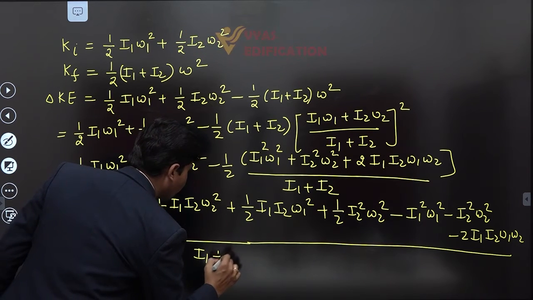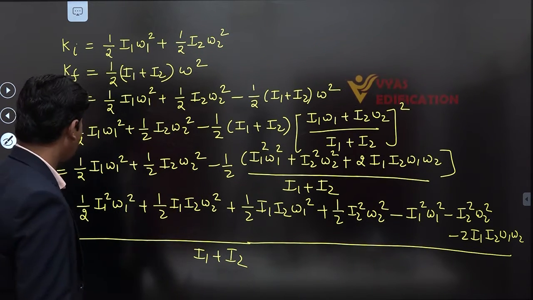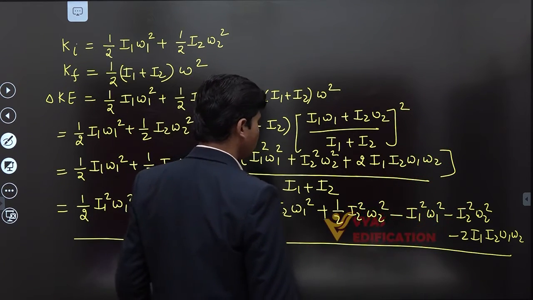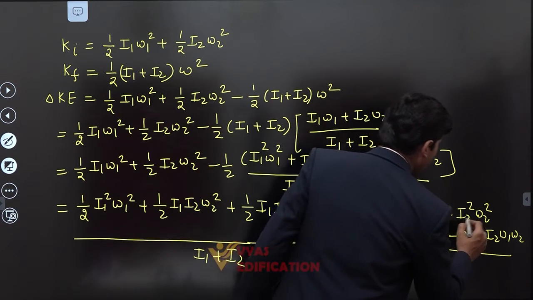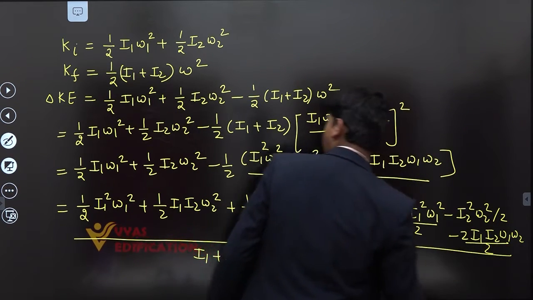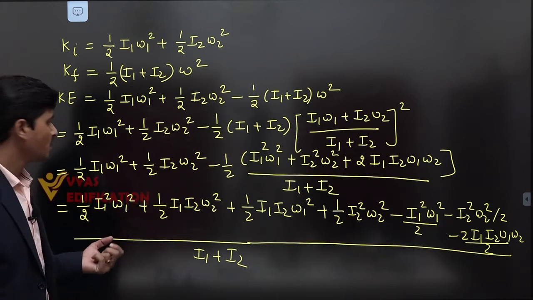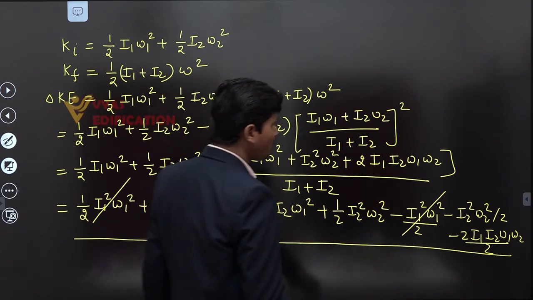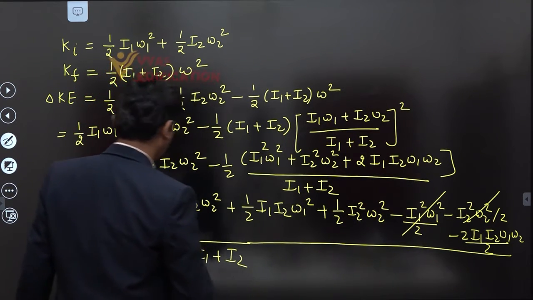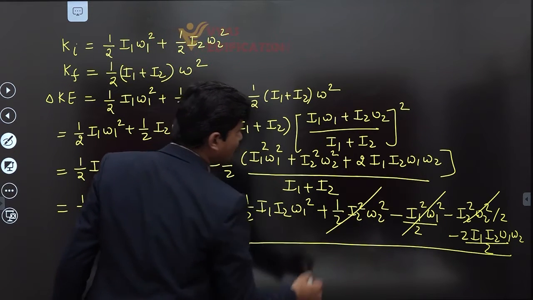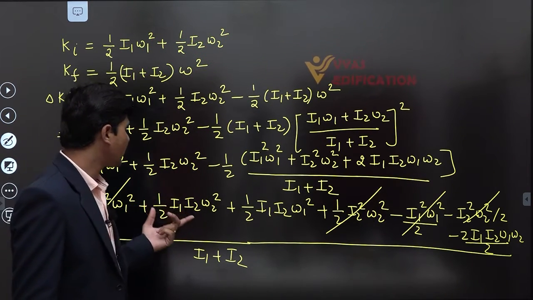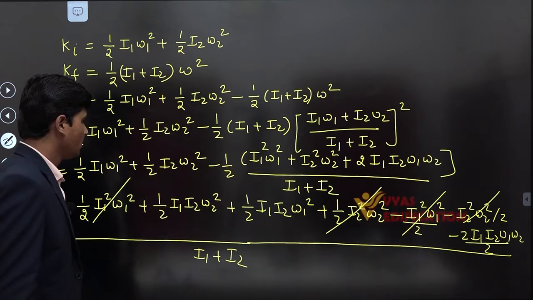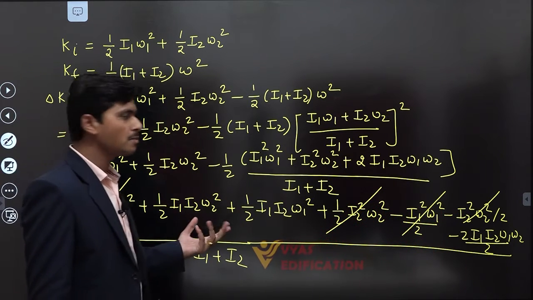Now you can say which one is cancelled out. Here we have half, everybody, so we can also write like this, this is half, clear, this one also divided by 2 and this one is also divided by 2, clear to everyone? Yes. Now from here we can say I1 omega 1 square, clear, and this one cancelled out, clear. From here you can say this one and this one cancel out, clear. So now we have I1 I2 omega 2 square, and here we also have I1 I2 omega 1 omega 2, okay. So from here we can take some common, clear.